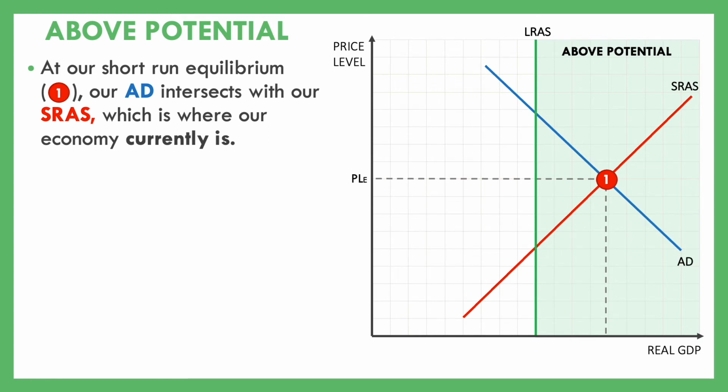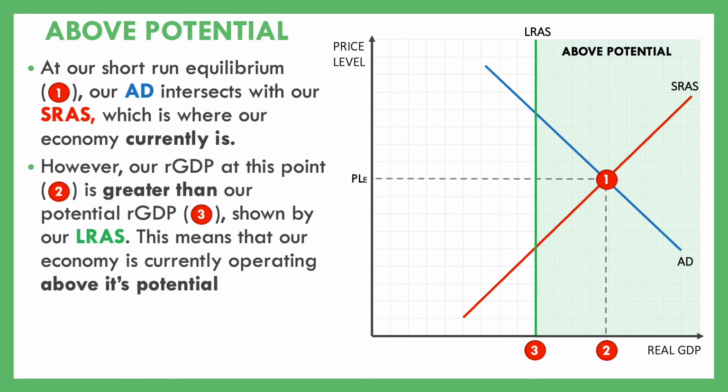But since it's to the right of our green line, we say that our current output is greater than our potential, right? That potential that's shown by our long run aggregate supply. So our economy is currently producing above its potential. Now, again, we said that we can do this for a short period of time, but we can't do it